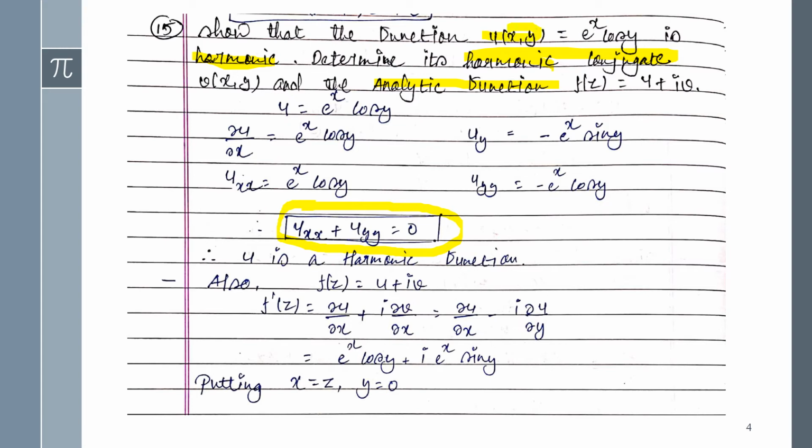The equation is given in the real part, so definitely we will apply case 1 only. Okay, so f dash z equals del u by del x plus i del v by del x, and in this equation we will use its CR equations also, so this one will be like this. And then after, third step, x equals z, y equals 0. So that's why it will be,